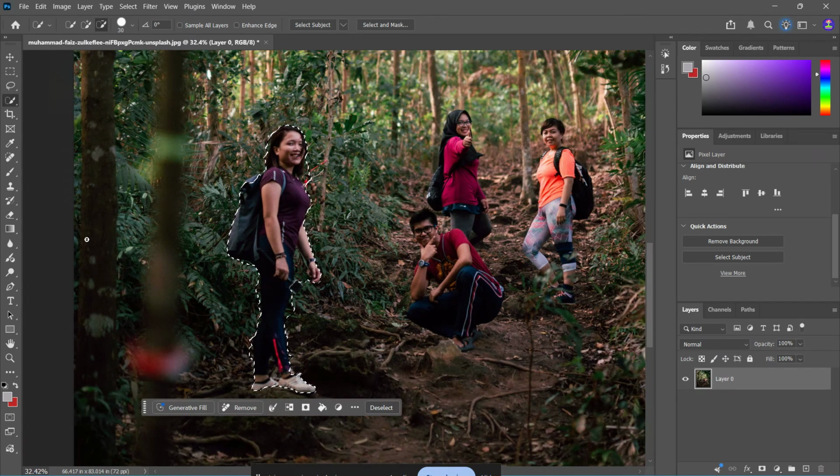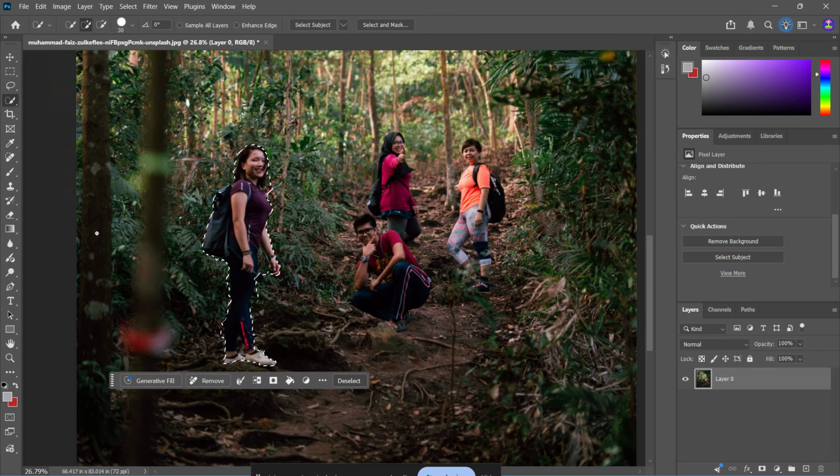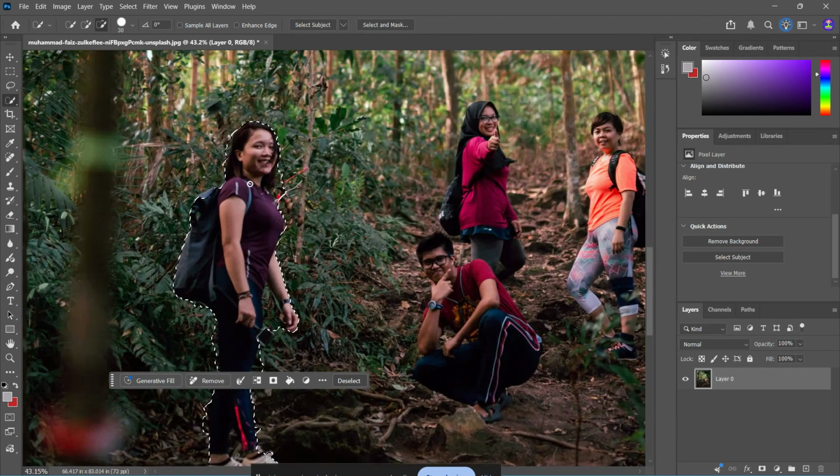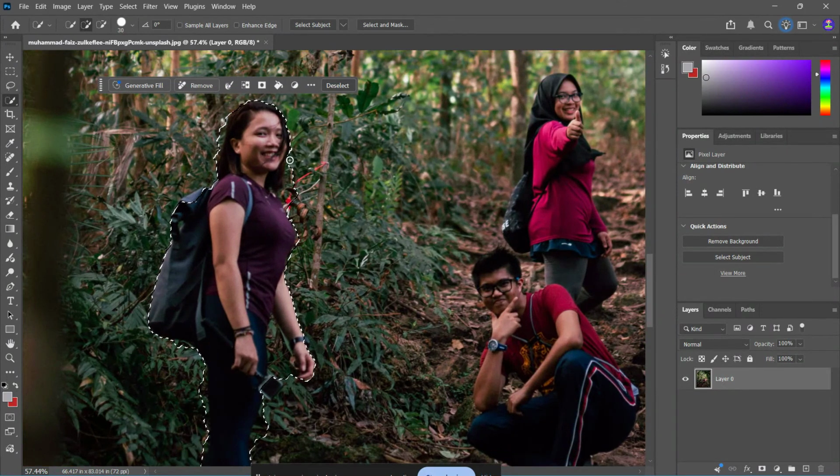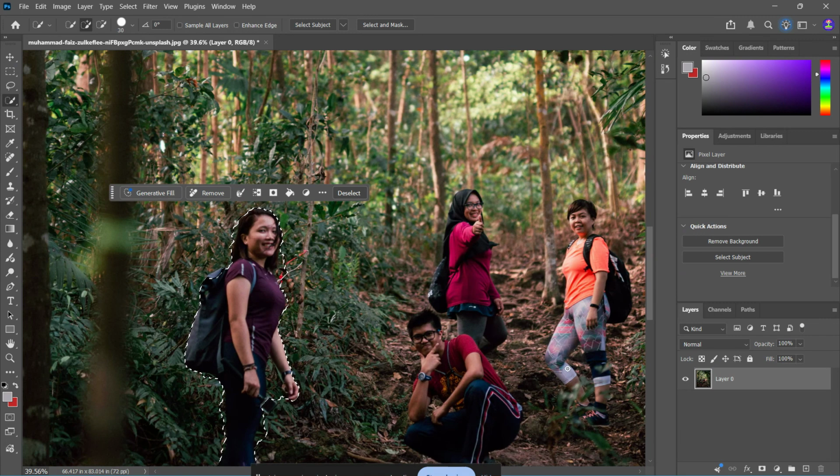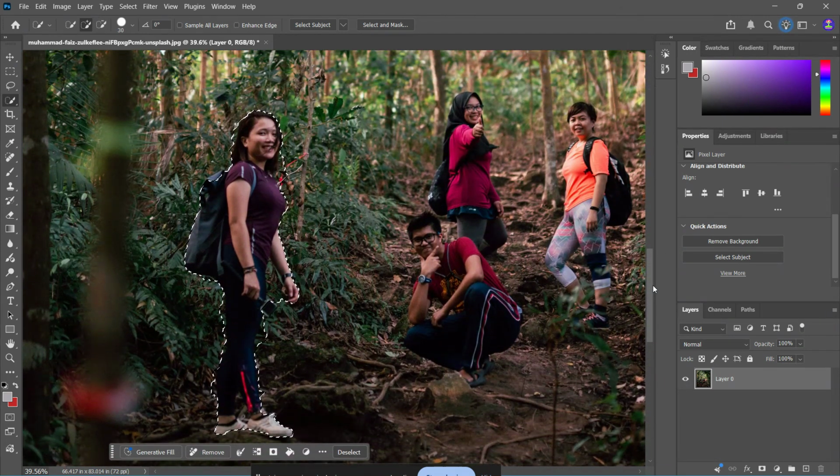For this method, we're going to use the Lasso Tool, and you can activate it with the shortcut L. Once the Lasso Tool is selected, carefully draw a selection around the person you want to remove. Try to create a ring or outline that fully surrounds them, while keeping a little bit of space around the edges. You do not need to make it perfect, but the better your selection is, the cleaner your final result